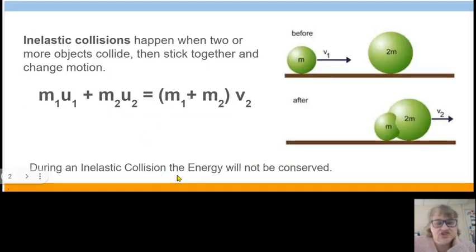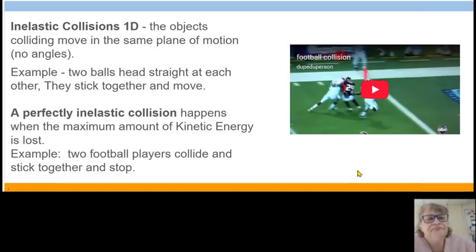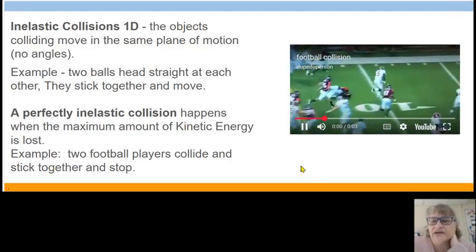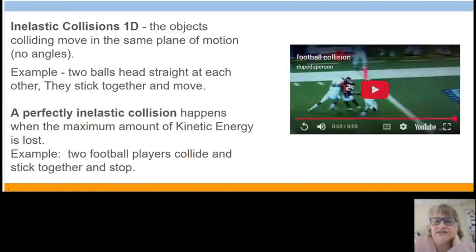During an inelastic collision, the energy is not conserved. So if you remember from elastic collision, the energy is conserved. In an inelastic collision, the energy is not conserved. Okay? So inelastic collisions in 1D, right? So in other words, the objects are moving in the same plane of motion before and after. So for example, you have two balls that are heading straight on at each other and then they stick together and still move in that plane, right? So kind of like a football player, you got two of them, they kind of stayed in the same plane,